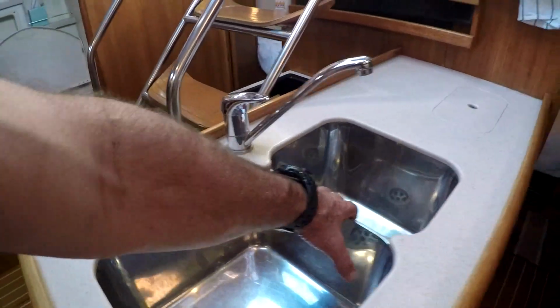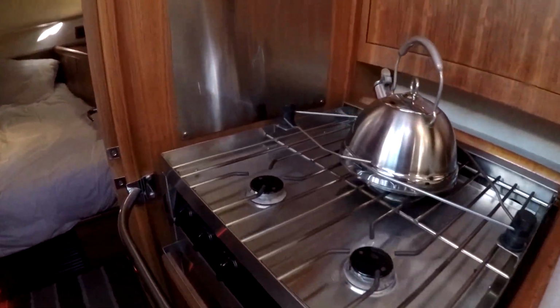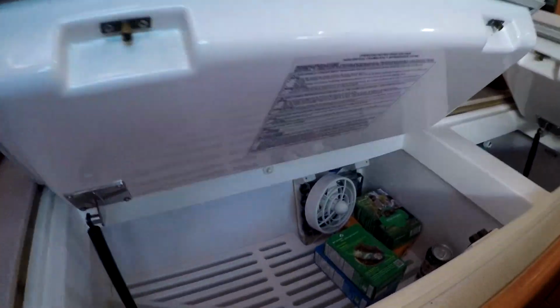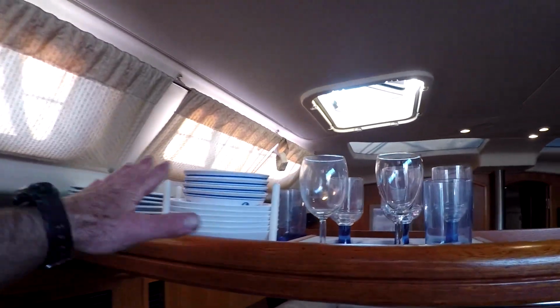Dual stainless steel sink, plenty of counter space. Nice trash can here, 3-burner Force 10 stove with oven and broiler, and a lot of refrigeration. This is a top loading and front loading freezer, or refrigerator, sorry. Great for cruising. It's also got this convection fan and the freezer right here, really deep, and it's got a drain to drain it. You have a microwave, lots of cupboard space, and then this rack, this shelf up here